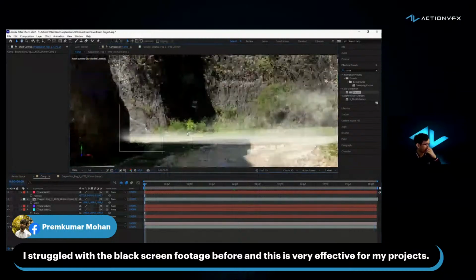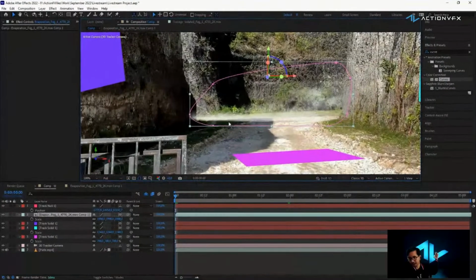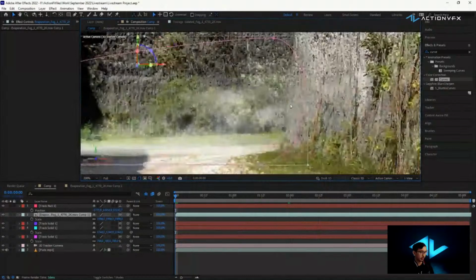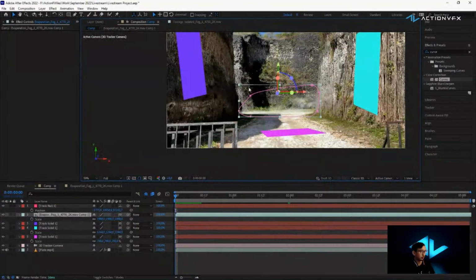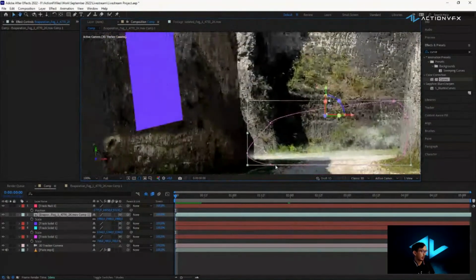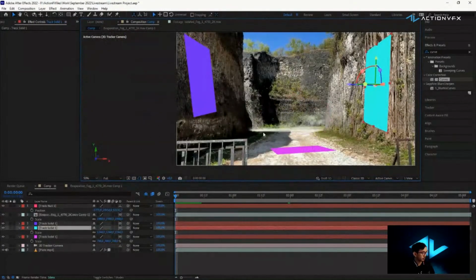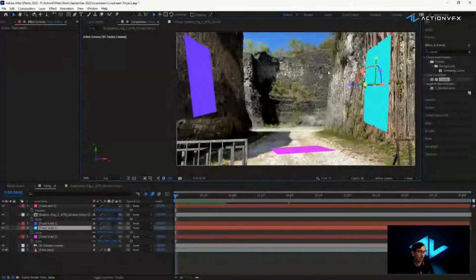So then what I want to do is, because this fog is supposed to be on the back, but the element itself is penetrating through this cliff here, when the cliff is supposed to be in front of the fog. So we want to essentially create a roto for that. And to do that, I found this really cool trick. Instead of doing a manual roto, which means that you have to 2D track the mask here and so on,